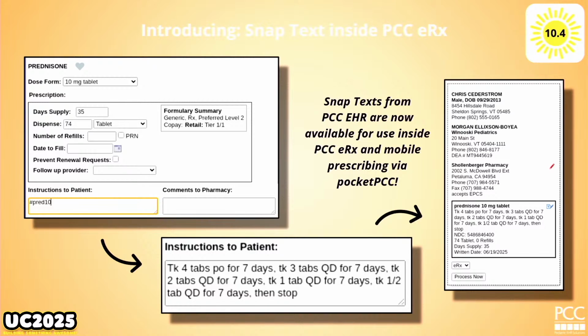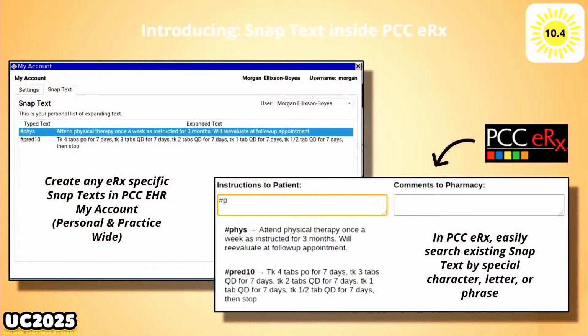think about the printed prescriptions that you use for speech therapy and occupational therapy. If you're writing up a little paragraph, just make a snap text. If you're not familiar with snap text, you're setting that up inside the EHR, but you can have personal ones and practice-wide ones if you have the permission set up, so you could create some defaults and tell people about it. And if you say, well, I don't even know what I have in there, don't worry about it. You're going to come in to the point of prescribing and just start searching your snap text. So if you think it's prednisone, just start typing pred, and you'll see the results that come in here.